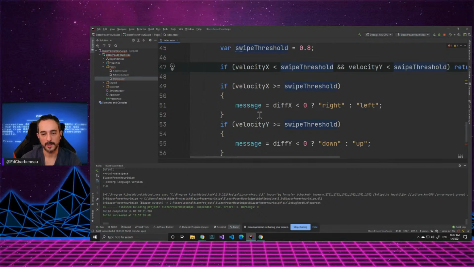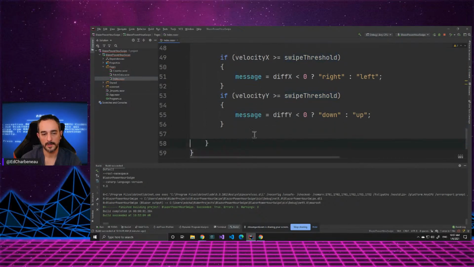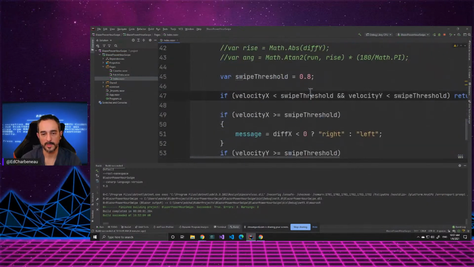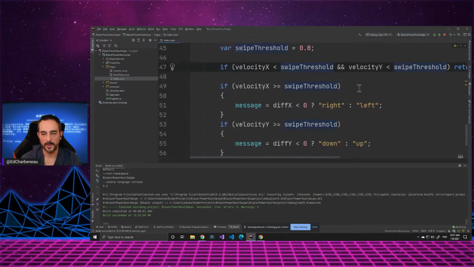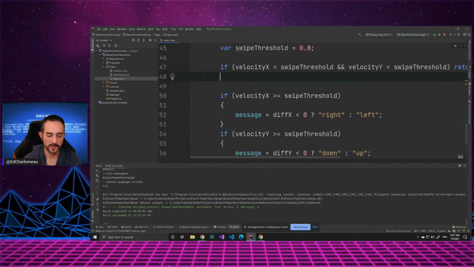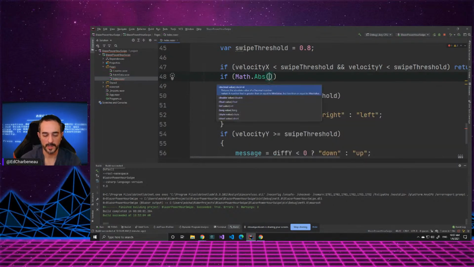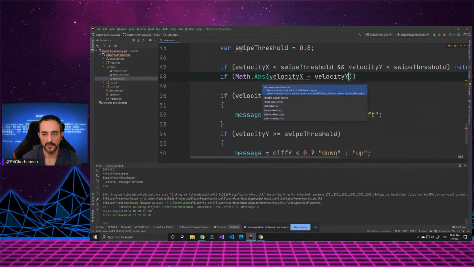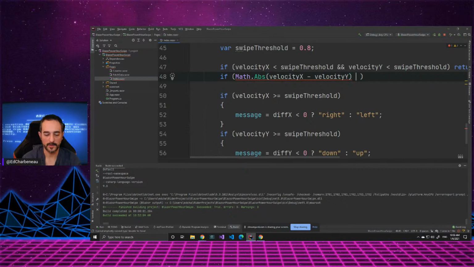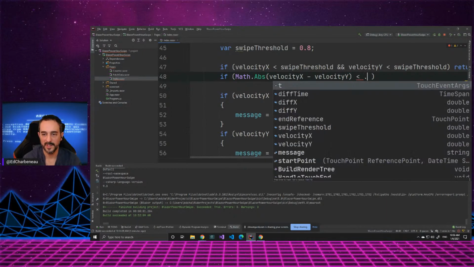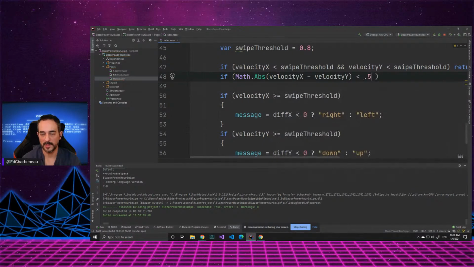So what would happen is, I might need to go back and review that, make sure that's completely necessary, but we're going to go ahead and filter some stuff out, and then we could also come in and subtract these values from each other. Again, we don't care which direction they're going in, or which one is greater than the other. But if the two velocity values are very similar, so if we subtract those two values, we'll get the difference between them. We could say if that difference is less than 0.5,